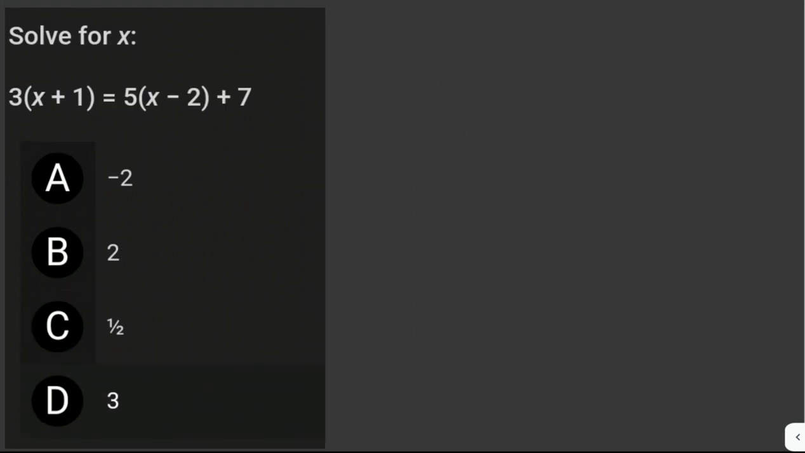Next, solve for x. We're given this expression: 3 times (x plus 1) equals 5 times (x minus 2) plus 7. The first thing we do is to simplify all of those expressions inside the parentheses. So we just have to distribute 3 to this expression here and 5 to this expression. So that would be 3 times x, so 3x, copy the operator sign plus, then 3 times 1, which is